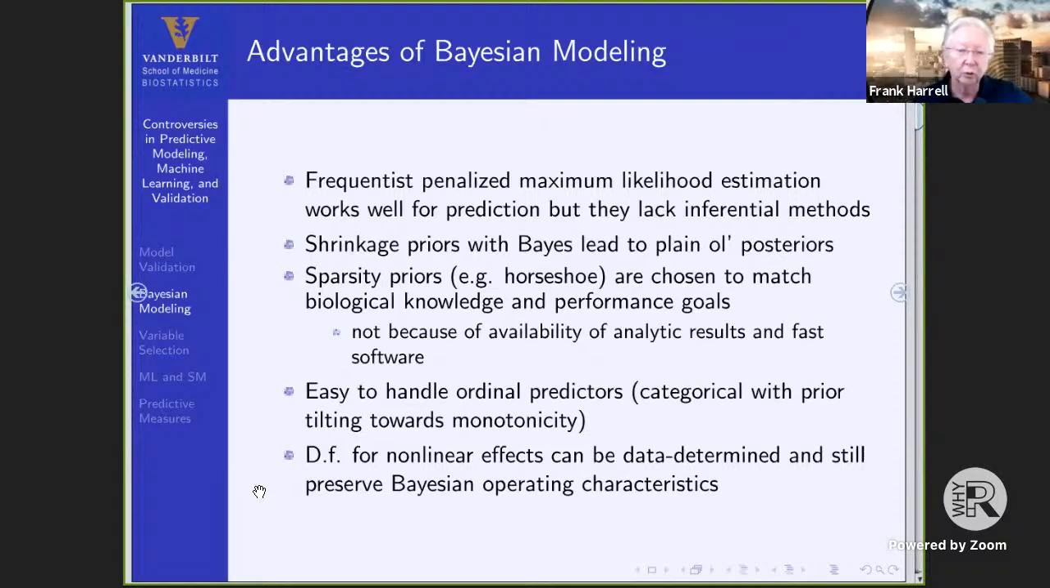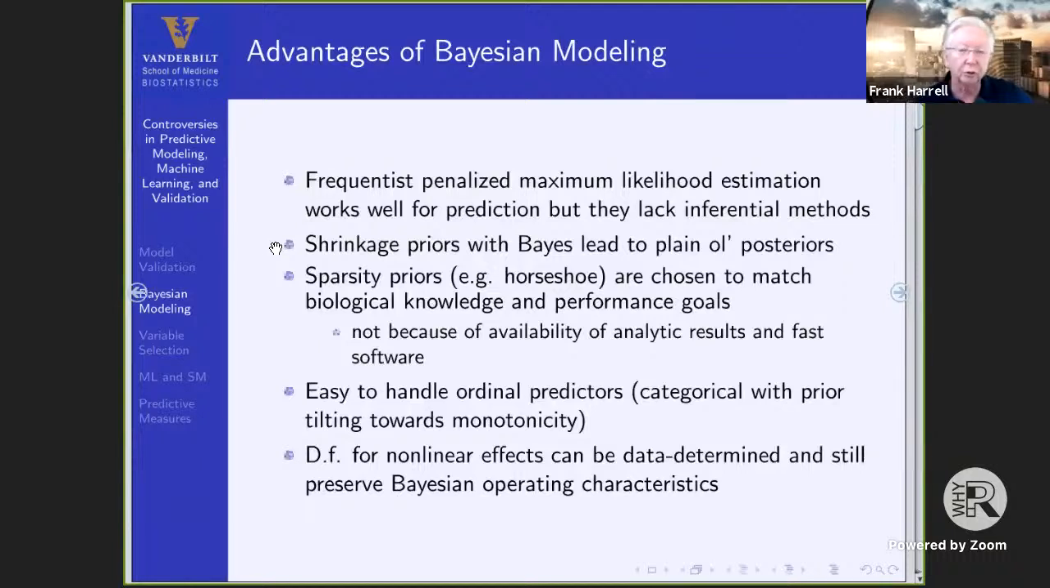And those methods can work well for prediction, but they lack inferential methods because confidence intervals and p-values were created for the case where you're not biasing the results towards zero, which is what you do with penalized estimation. And so we don't really have our statistical tools ready for us for p-values and confidence intervals when you have done shrinkage or penalization. But with Bayes, when you use shrinkage priors, say a shrinkage prior for ridge regression is